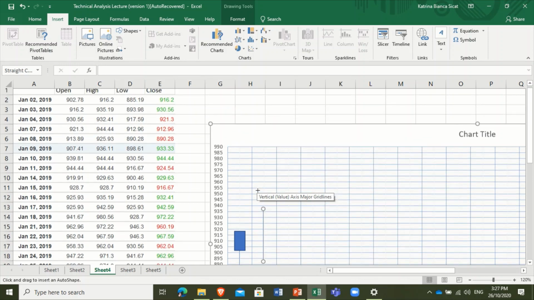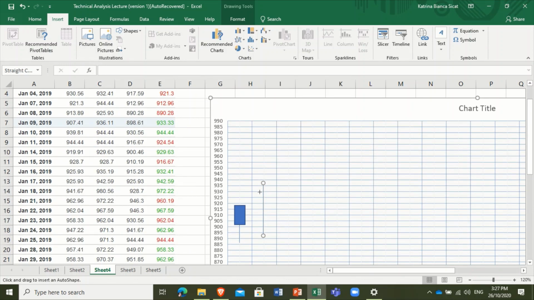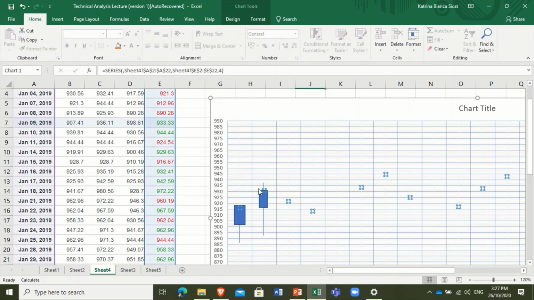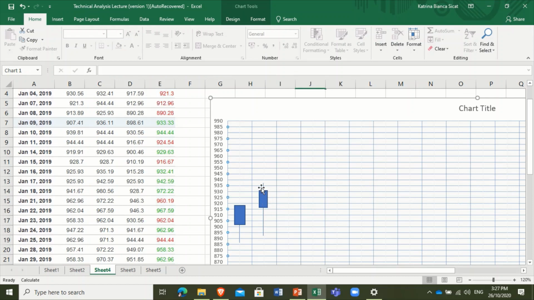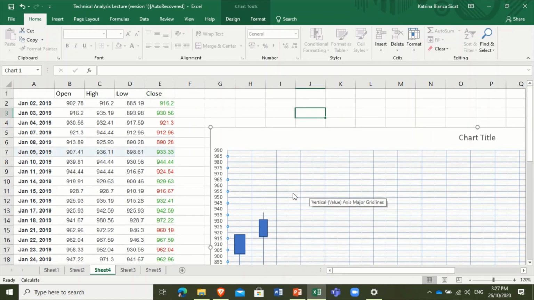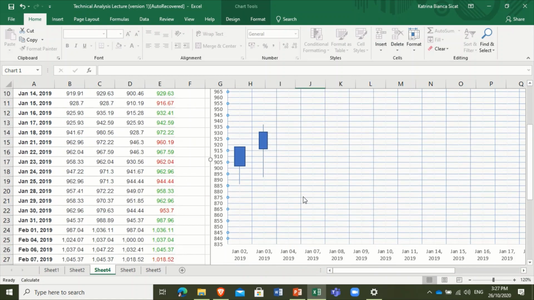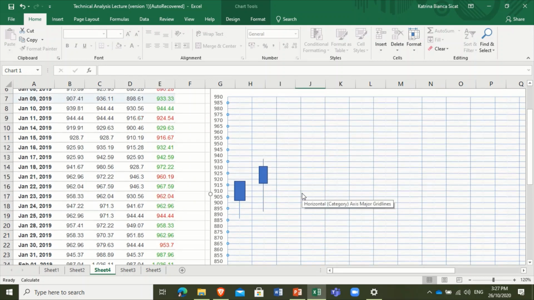And kalimutan ko, 916. 930 and 916. Alright, there you go. So meron siyang upper shadow and medyo mahaba yung kanyang lower shadow. Okay, so ganun lang kadali ang pag-plot manually using your